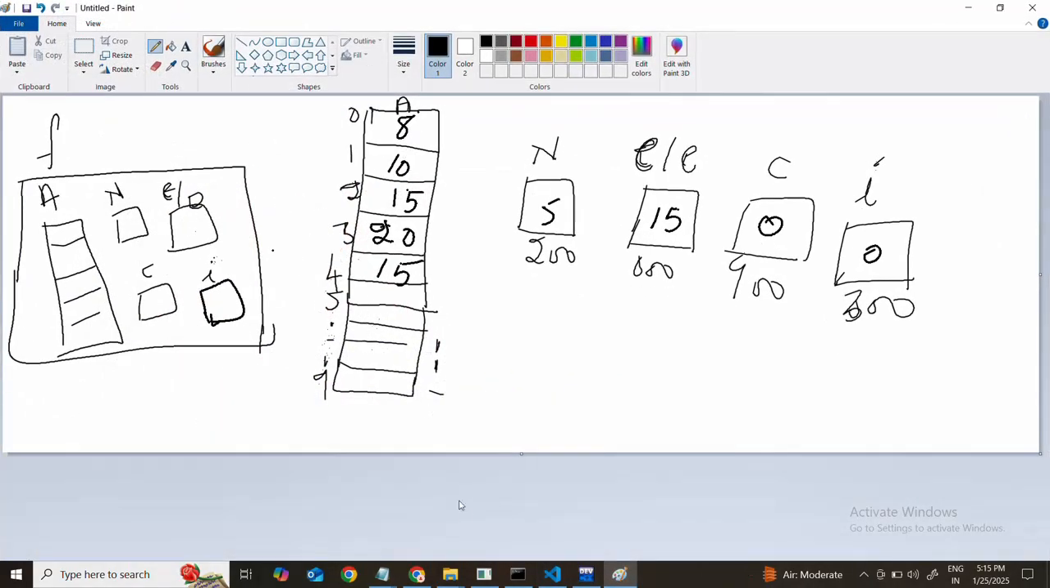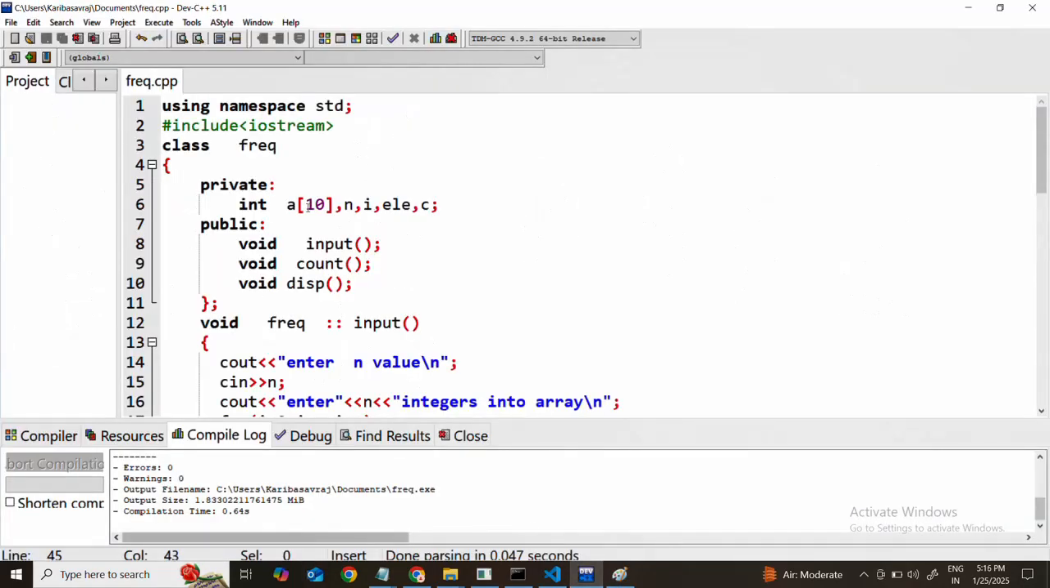See here, I have taken an array. The size of the array is 10. In this program we have declared int a of 10. So you know that a C++ program means it is class and objects. We have to use class and objects. So in the class, in the private section, I have taken variables like a of 10, that is an integer array, and a normal variable n,